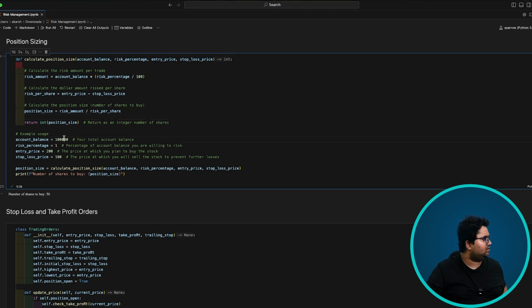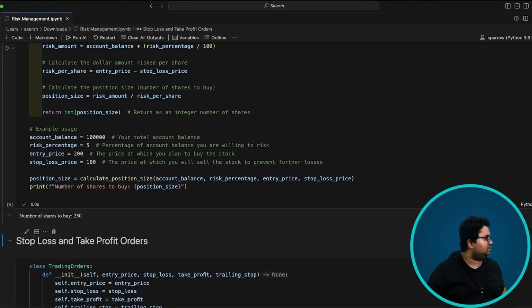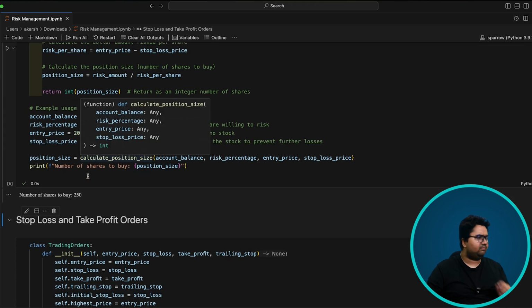Let's say you started with 100,000, or 1 lakh, your risk percentage is 1, your entry price is 200, and your stop loss is 180. It will tell you that you should buy about 50 shares. If you change a bunch of parameters, let's say I change the stop loss to 5, the number of shares is higher, so you can buy more stocks. That's how it varies, and this gives you a numerical way. Even if you have a portfolio, or a single stock you're trying to trade, you can attribute different risk percentages to different parts of it, depending on different time windows. There's a variety of parameters to play with, but this is the basic math of how you calculate.